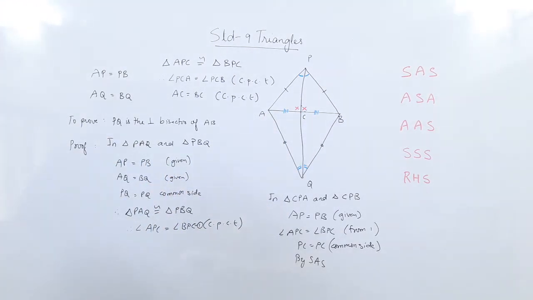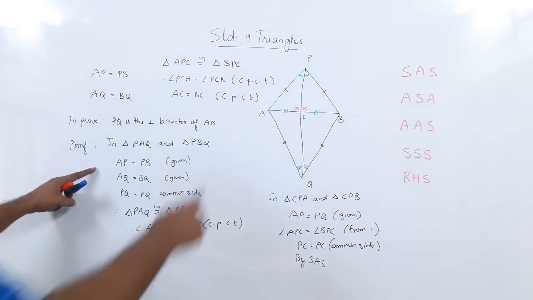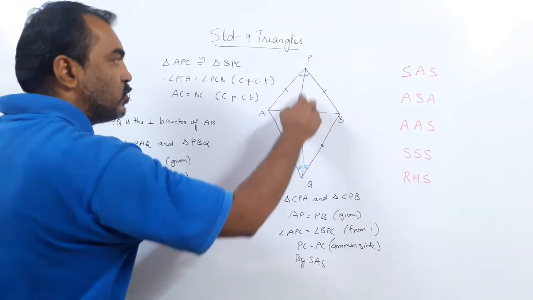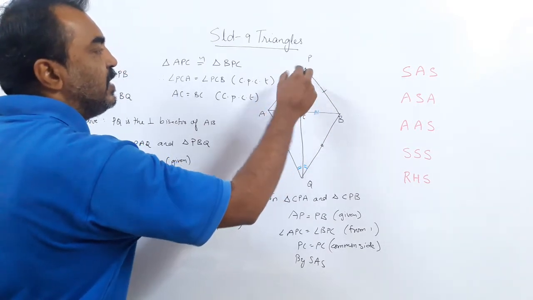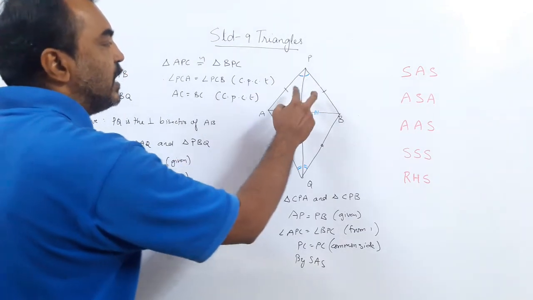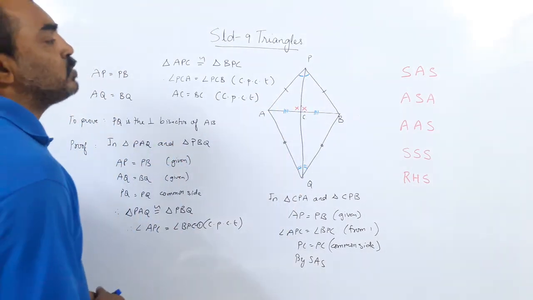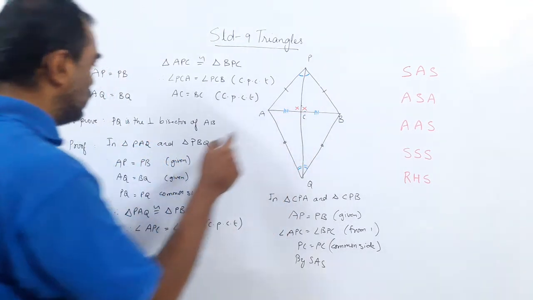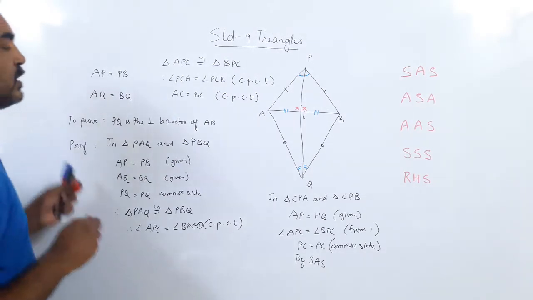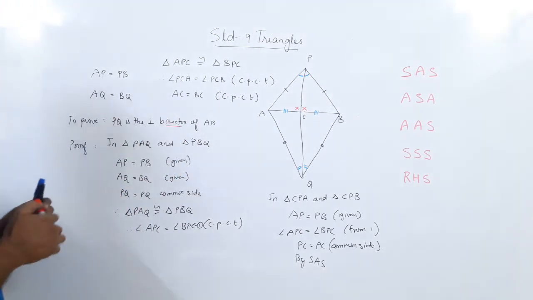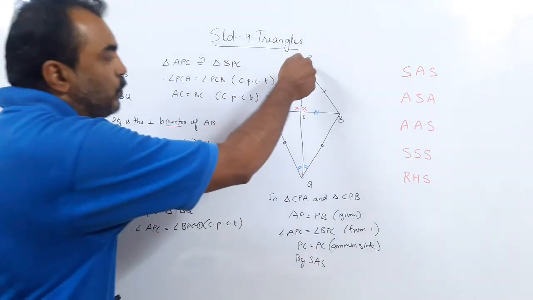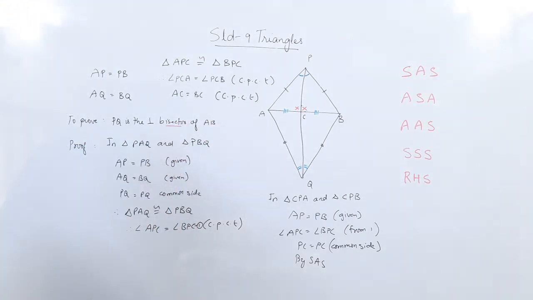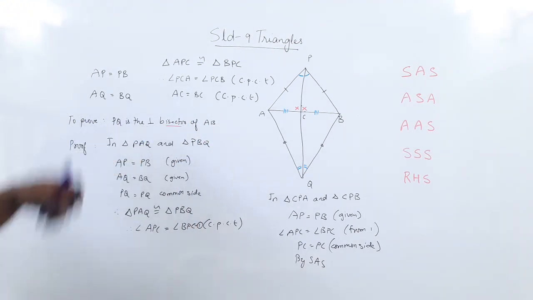So are you understanding the flow of the sum? Before I could do anything, I used SSS to show these two triangles are congruent, so these two angles are equal. Then I used the smaller triangles: these sides were given equal, angles were proved equal, common side, so these two triangles are congruent. If those triangles are congruent, then AC equals BC, meaning C cuts AB into two equal parts. So the word bisector is proved. What does bisector mean? Bisector means cutting into two equal parts. So PQ cuts AB at C into two equal parts. So the bisector part is proved. Now we have to prove the perpendicular part.